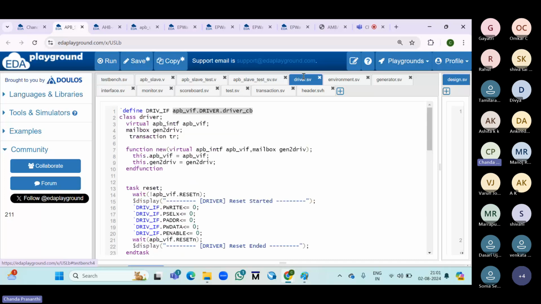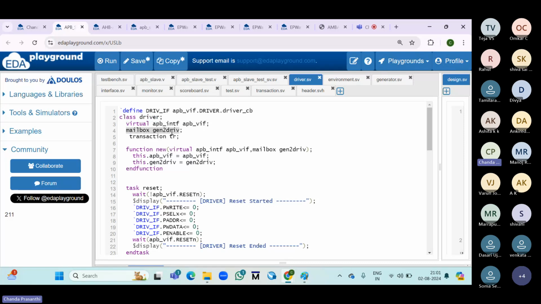So that's why we mentioned the path here, like that pwrite, pselect, paddress, pwdata, penable, everything we will access in the same format. Okay, so don't be confused. Coming to the class driver, in the second line, it's a class driver, and the virtual interface we have created,